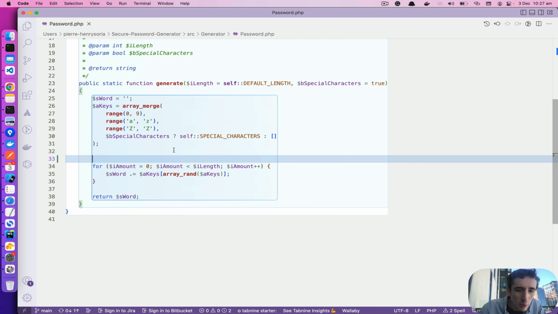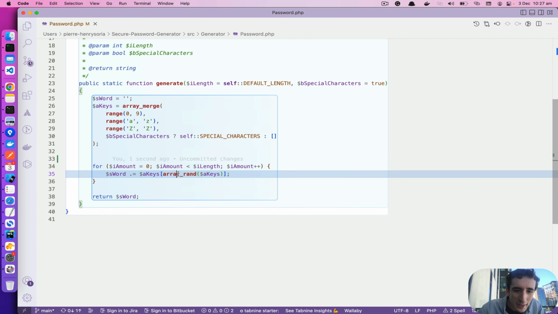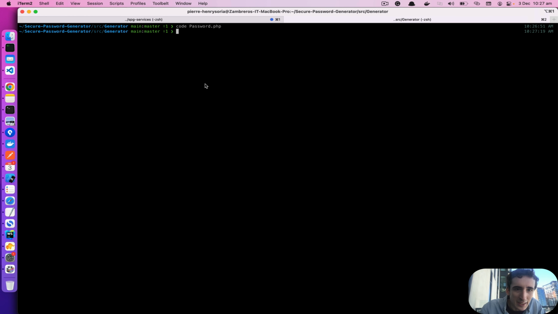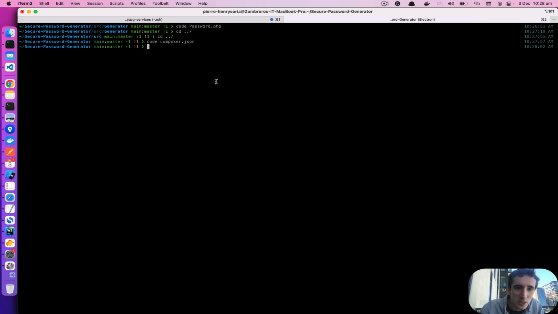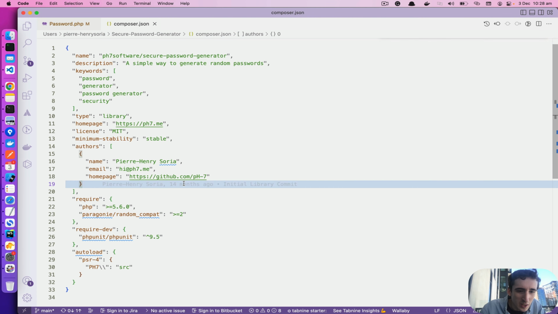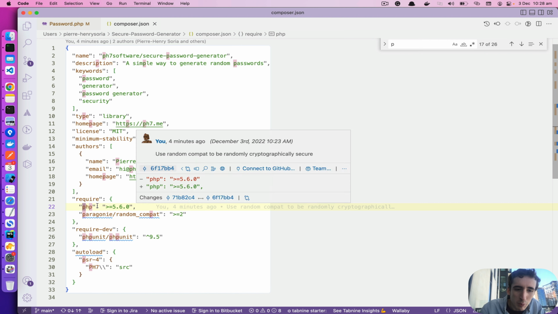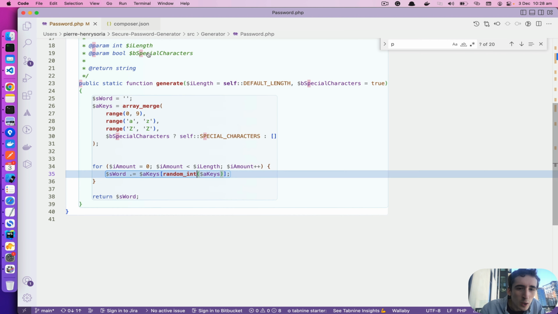First of all, we will use the random int. So random int, and because we are not on PHP 7, like I said, it will be fine because we have used our library. So if I open composer.json, you will also see we support at least PHP 5.6. So here what I will do, I will use keys, I will do 0, and then I will do max key